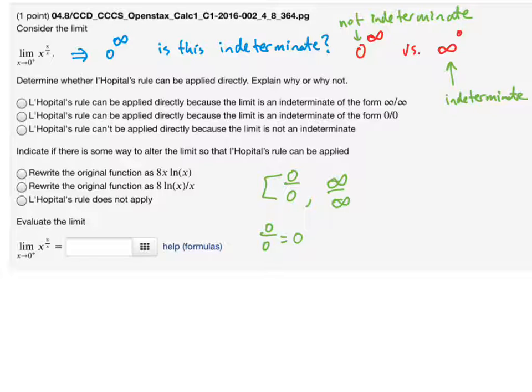Another way of thinking about this, though, is that anytime we have 0 in the denominator, we say that this is undefined, or if we're taking limits, it's going to go to infinity. So what wins out here? The fact that this fraction is equal to 0, or it's equal to infinity or undefined? That's why something is indeterminate. We have competing rules here. So back to